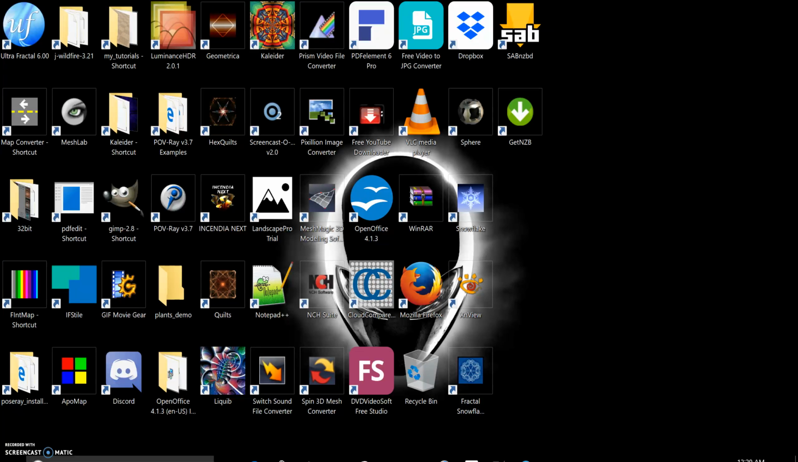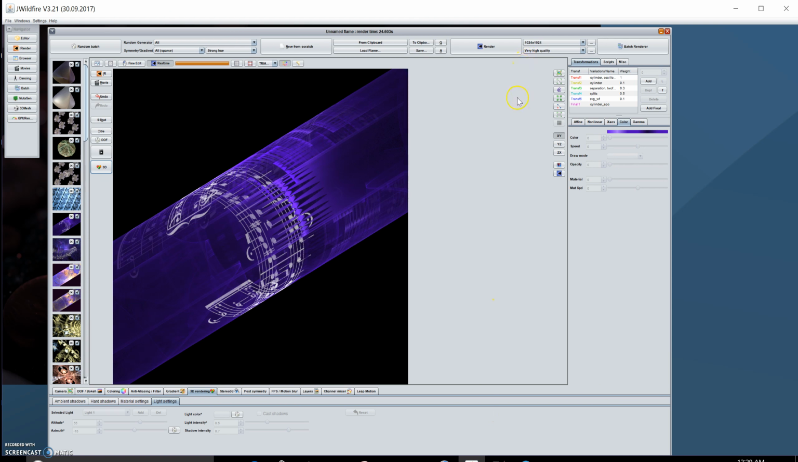Hi, my name is Mike, and this is just going to be a quick introduction to a quick three-dimensional render in jwildfire. First, I'm going to get the program up and running. We have an image on the screen,